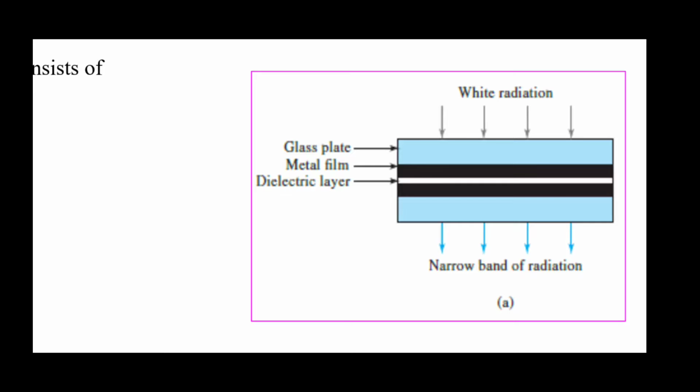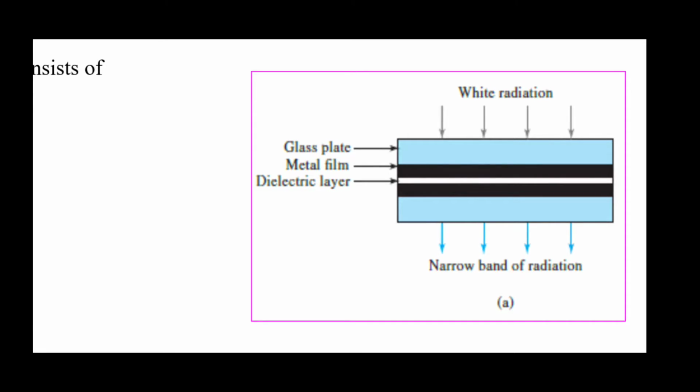And the thickness of the dielectric layer is mainly used to get the exact wavelength. Depending upon the thickness, the wavelength is produced by this interference filter. Okay, the dielectric layer is sandwiched by using metal films, right? So semi-transparent or transparent films are used. Apart from this, you can find the whole protection by using fully transparent glass plates, right, which is in blue